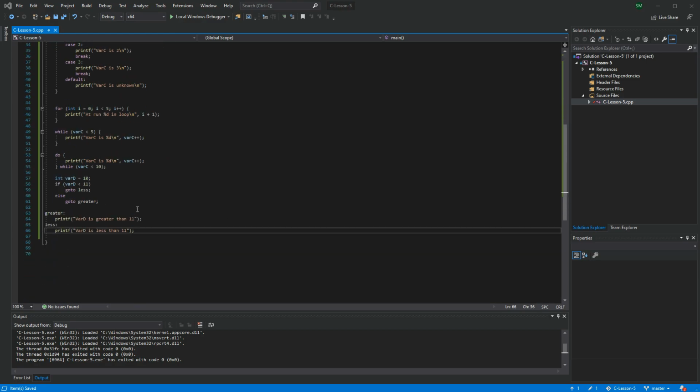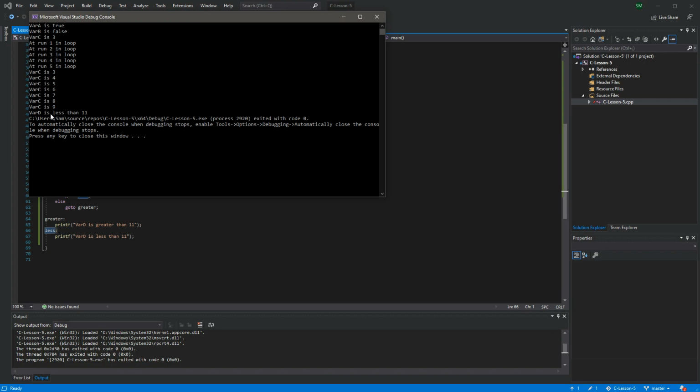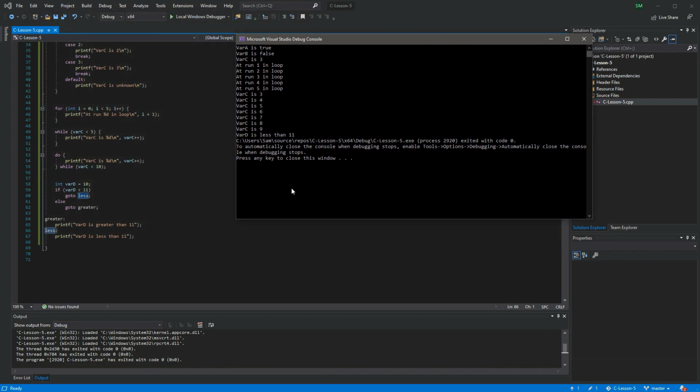So here is what a goto looks like. I've declared my variable d down here, and I say if variable d is less than 11, go to less, otherwise go to greater. And you can see I've put these labels, greater and less, in the code, and they each do a separate thing. So if we run this code, it says var d is less than 11, because it's jumped to the point greater. But